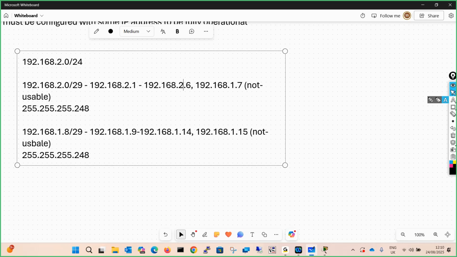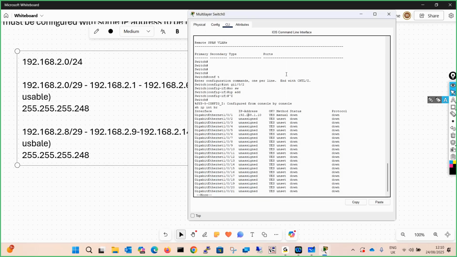2.1, 2.6, 2.7, 2.8, 2.9. This is the network we are using now. Why was it overlapping for Allah? Because we have used a complete block from 1.0. Now if you do the subnetting and use the same network again from this network, it will not work. Of course, it will say overlapping.